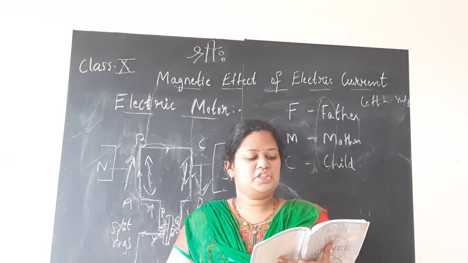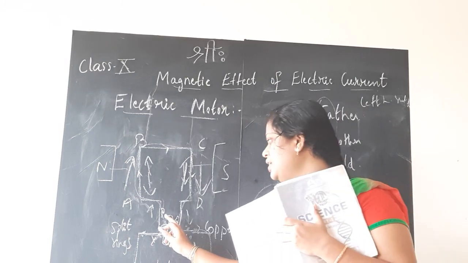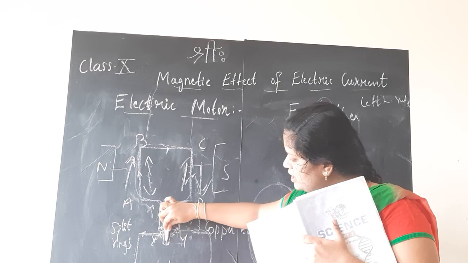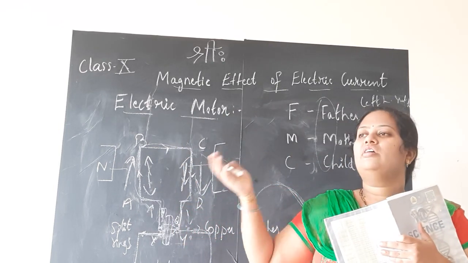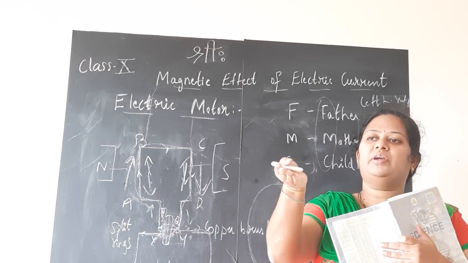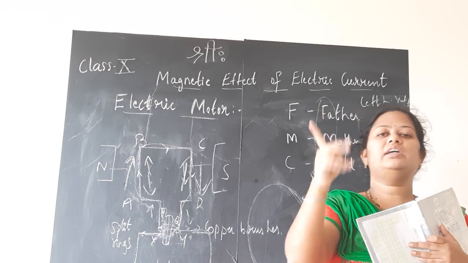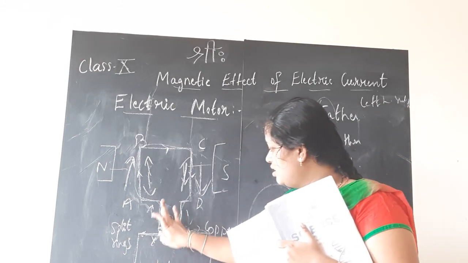At half rotation, Q makes contact with the brush X. This split ring, PQ, and the axle that you see help the armature ABCD to rotate. As I said, without that help it was just flipping from one side to the other. But with the help of that axle, it started rotating. So as it rotates, children, now I made it clumsy.